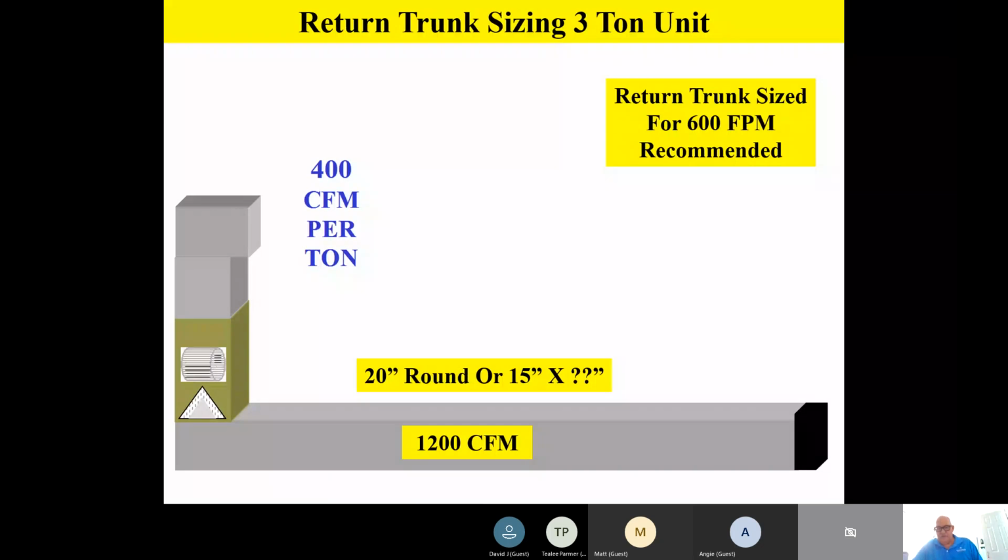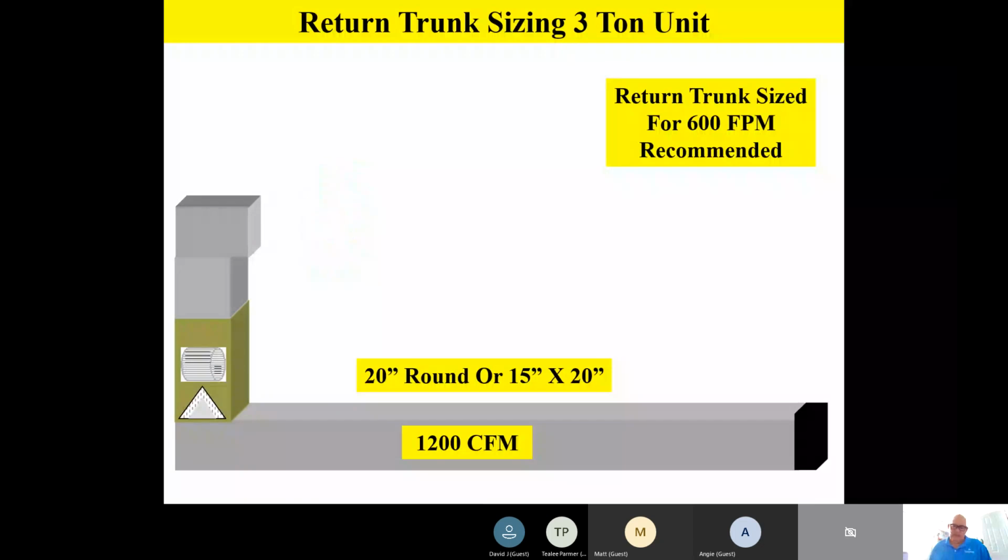About a 20-inch round would be sufficient. Or if I'm manufacturing or using rectangular duct, a 20-inch round would be equivalent to about a 15 by something. So about a 15 by 20 or 15 by 21 would give us a return trunk size going back